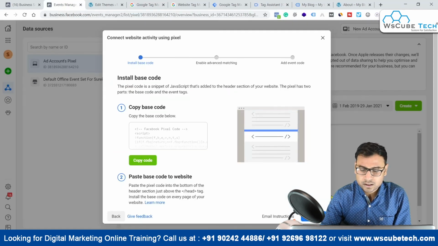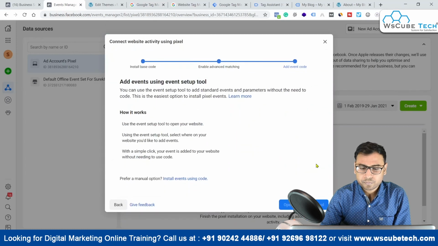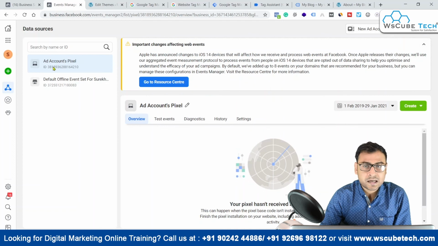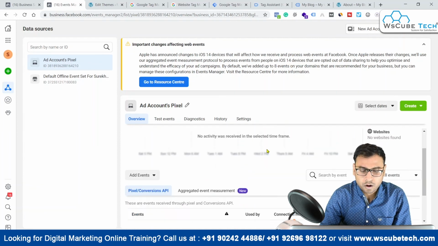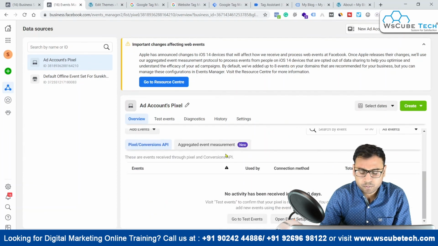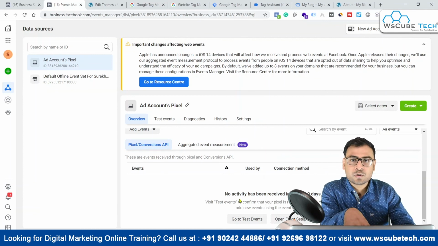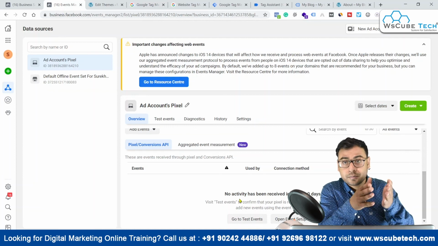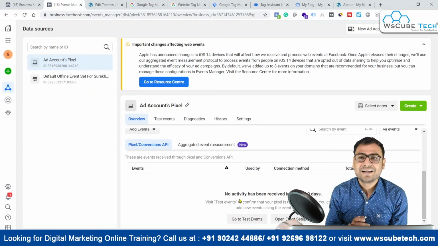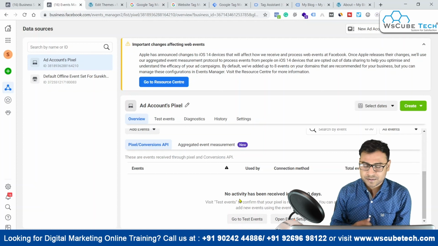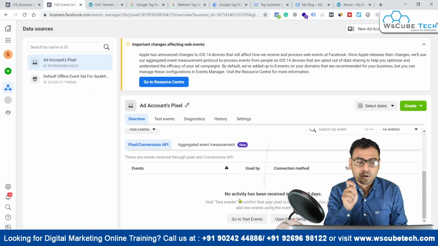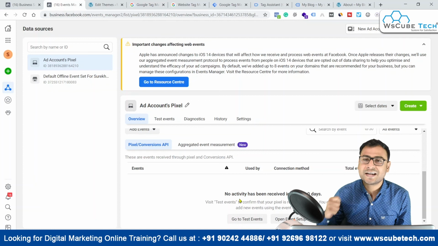Now what we can do is we can go ahead, click on this continue, and then we can click on this continue, and then that's it. Our pixel is now implemented properly, and we have this ID or code over here, this particular code of our pixel. So now this pixel is installed, right? But it will take some time to basically receive some activities over here, or receive a report over here, or basically capture or track the activities of users on your website. So it will take some time, but yes, your pixel is properly installed on your website using GTM.